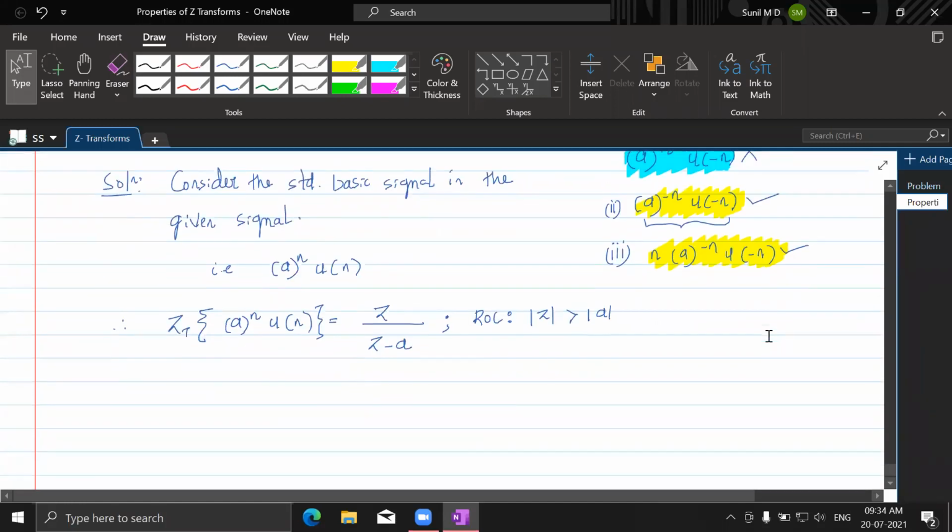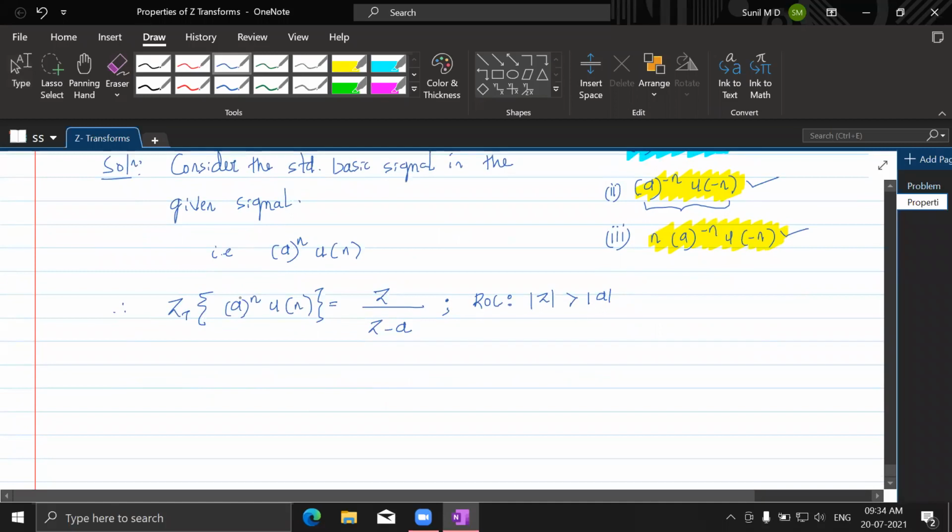Okay. See here. Suppose if I want this to be negative, if this becomes negative, what would happen to A here? Can anybody tell me? Okay, let me just show you. Z transform of A power minus n u of n. Can you tell me what is going to happen on this side? Anybody, can you guess that? In place of A, suppose this is n, what is it that we are having? Or what does this A need to be replaced by? So that needs to be looked at. Anybody would like to comment on that?